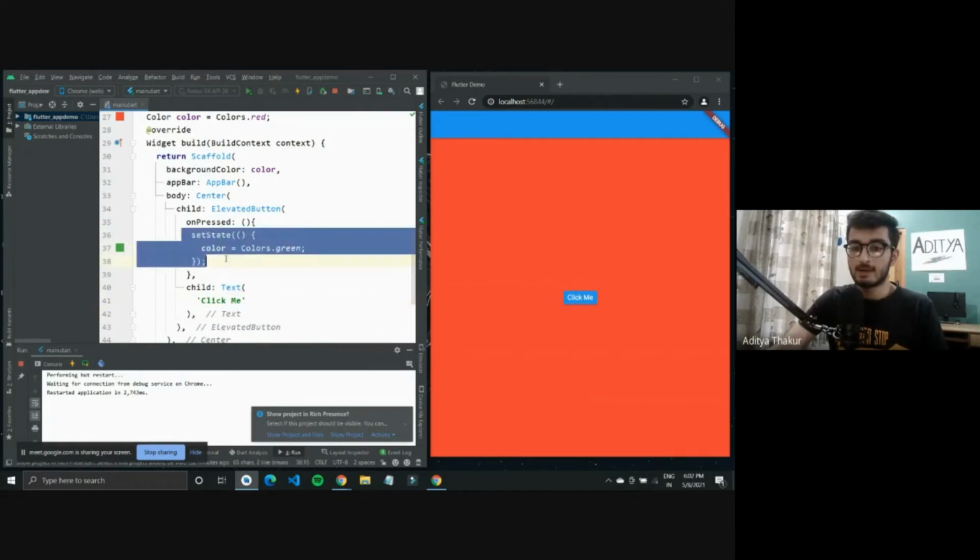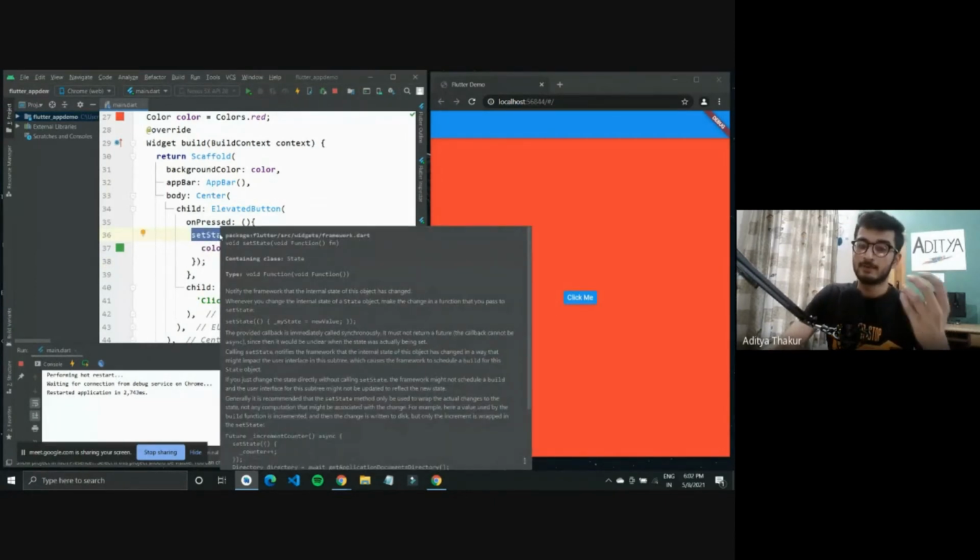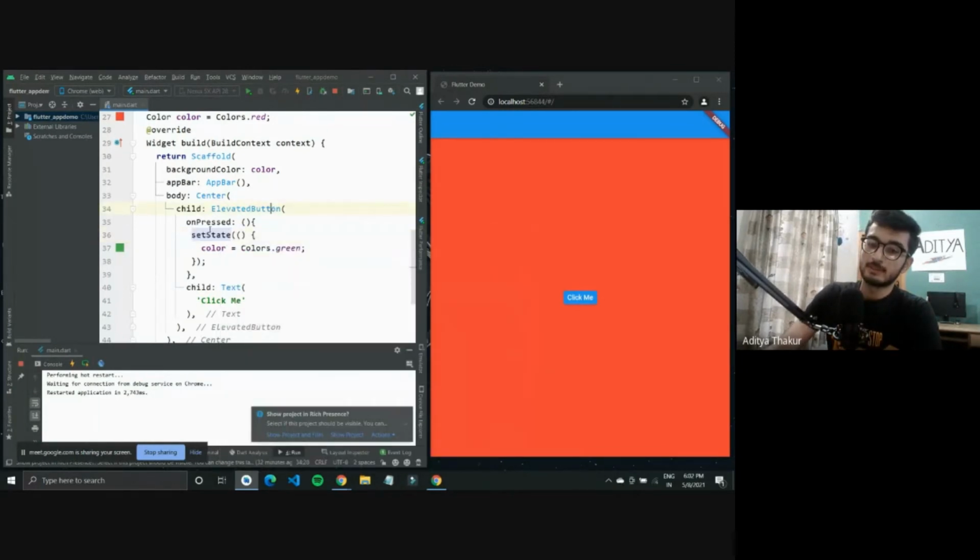So this is the text that would come inside this button. And then we can define this on pressed. That is what would happen when the button is pressed. We have defined it to set state. So this set state function changes the state of the widget. What it will do is it will first assign a green color to this color variable, and when set state occurs, this code will be checked again, and wherever the color is defined, it would be changed to green.